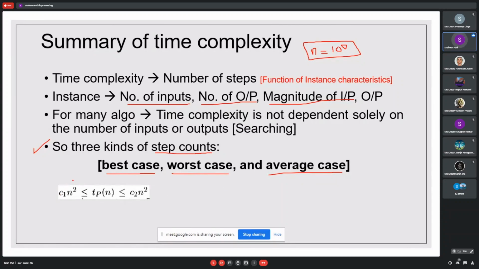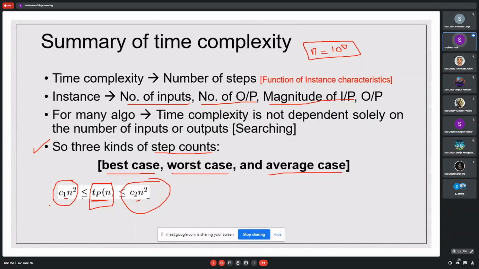For some formula we can say C1 n square is less than or equal to TP of n, which is less than or equal to C2 n square. What is TP of n? That is the function of complexity. The constants C1 and C2 may differ.